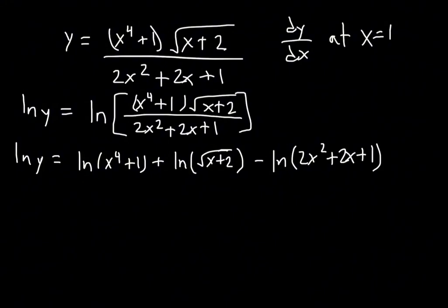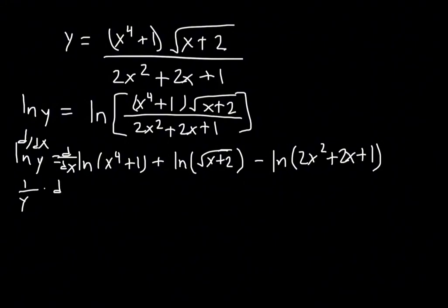Now our next step is to take the derivative of both sides. So d over dx here, d over dx. So the derivative of ln y is 1 over y times dy dx,